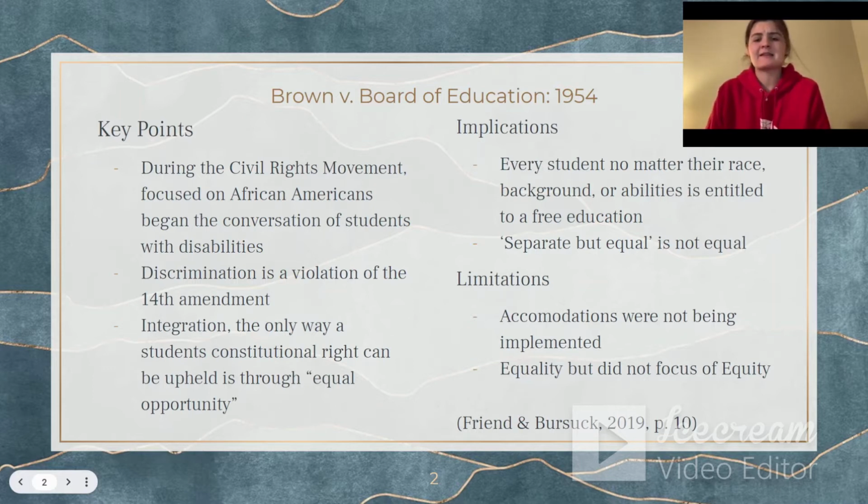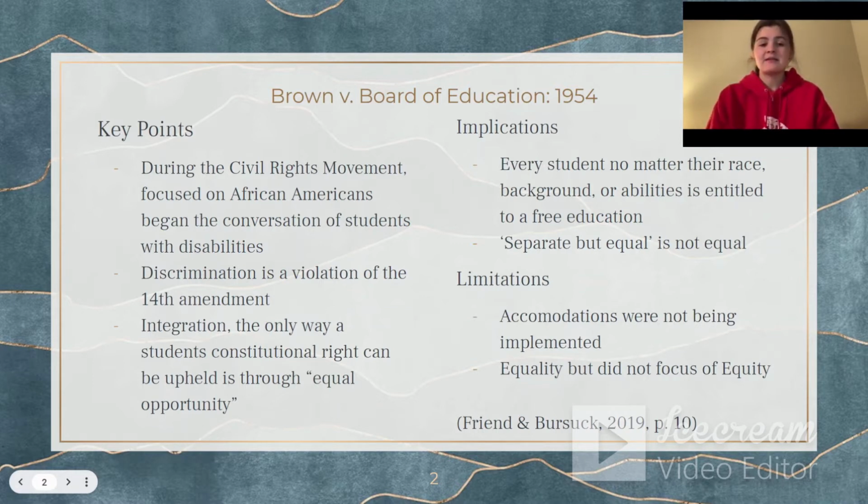As brought up in this case, discrimination is a violation of the 14th Amendment. This is not only applied to race and sex, but also to someone's abilities. The solution found through the help of this court case was integration. The leading idea behind integration was that the only way a student's constitutional rights can be upheld is through equal